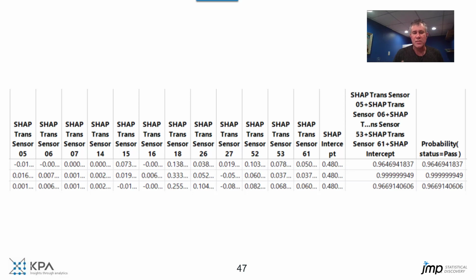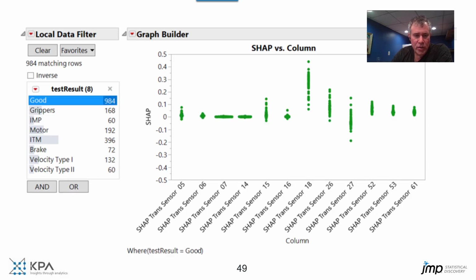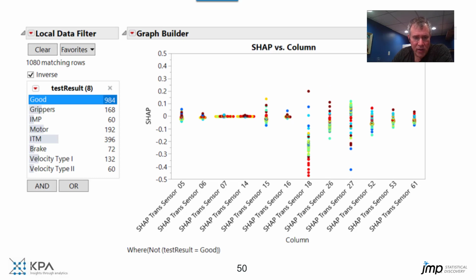So what you can see is that the SHAP values are giving you the effect of each of the columns on the predictive model. This is useful in a whole lot of different ways, and for that reason it's gotten a lot of attention in intelligible AI because it allows us to see what the contributions are of each column to a black box model. Here I've plotted the SHAP values for the columns that are predictive in the Lasso model that we just built. If we toggle back and forth between the good units and the units that failed,